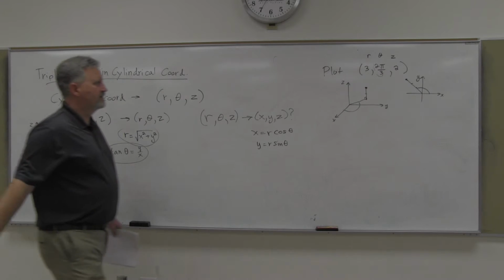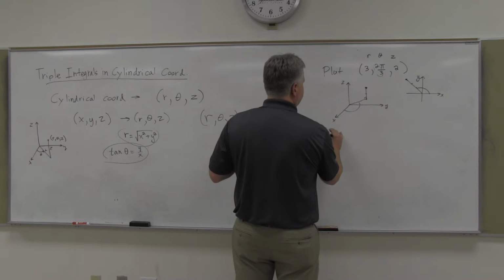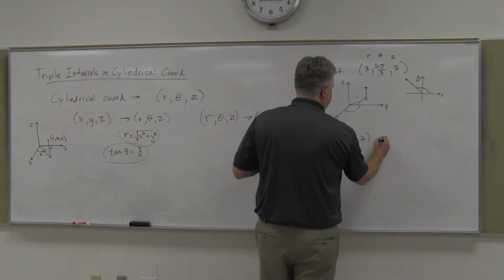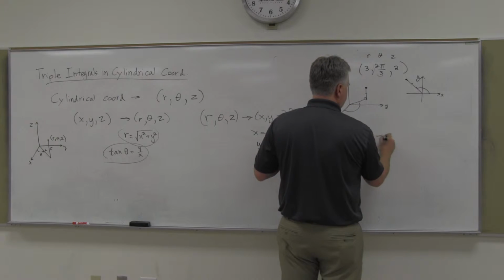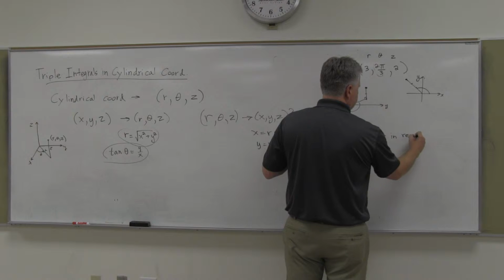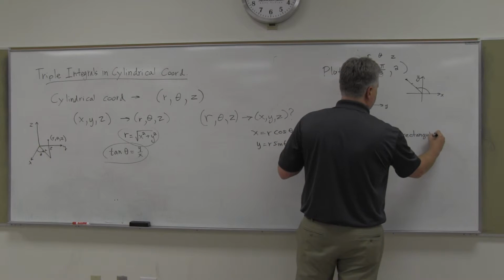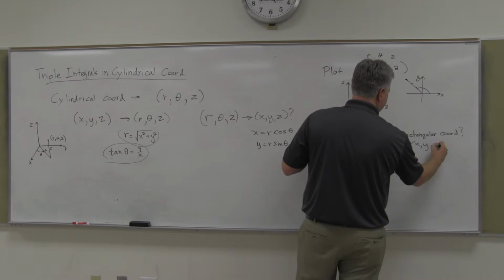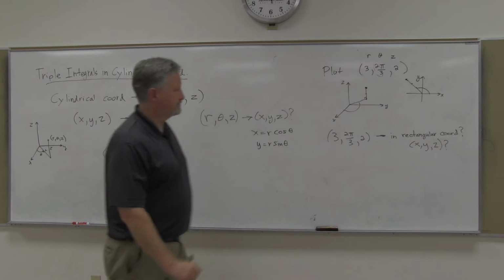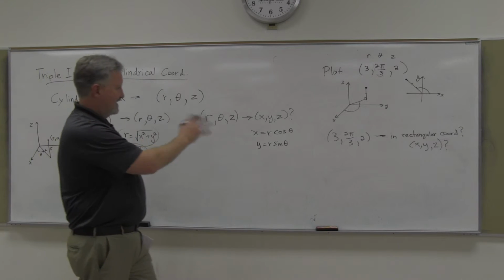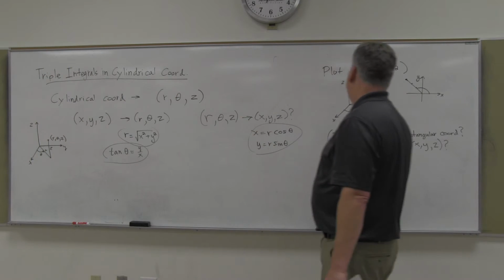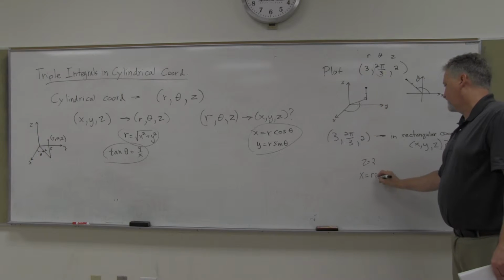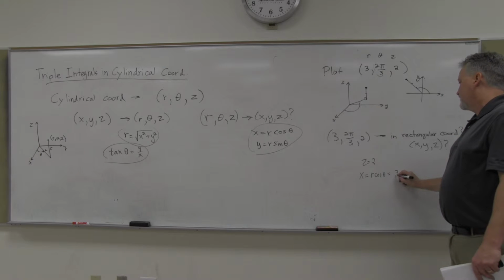All right, what would they call it, rectangular instead of Cartesian, but 3, 2 pi over 3, 2, what's that in rectangular coordinates, Cartesian? X, Y, Z. That works. Well, that's again what we said. Same things we've always done. Z is Z, so that's easy. Z equals 2. The X is our r cosine theta, so that would be, in this case, 3 times cosine of